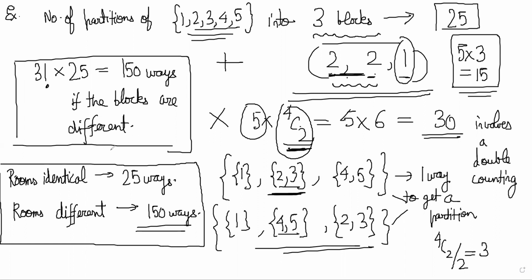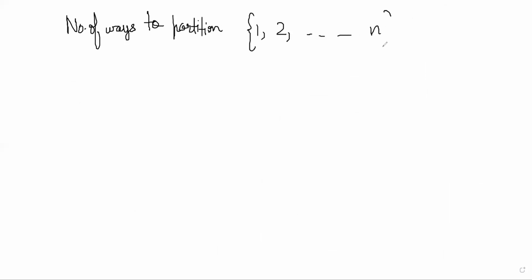And we have learned how to do partitions for small numbers, right? In case the number of elements is big and the number of blocks is also big, the questions become a little complicated. You cannot do this grouping method in general. So in the next video, what we'll look at is ways to generalize this. We'll be looking at the number of ways to partition an n-element set, 1 to n, into k parts. So how do we solve this question in general? N could be large, right?